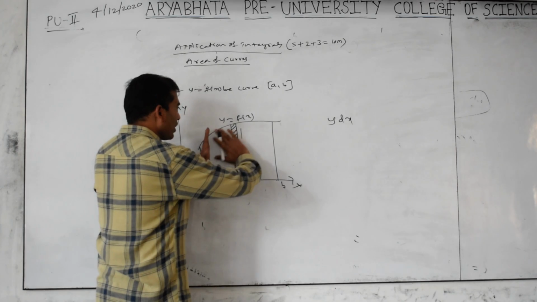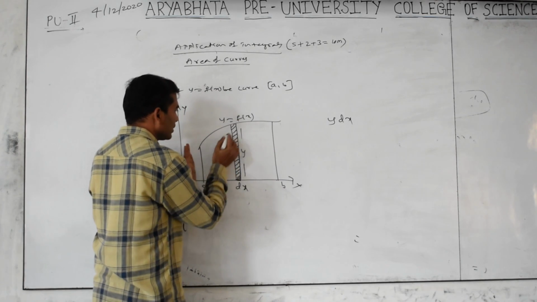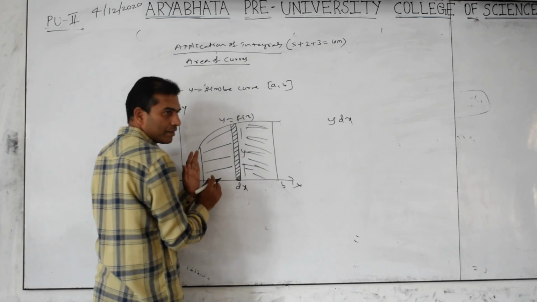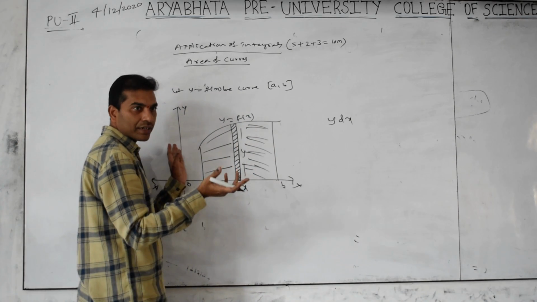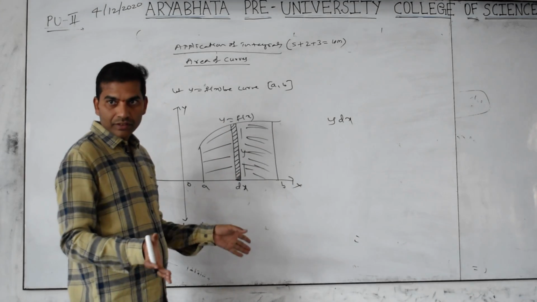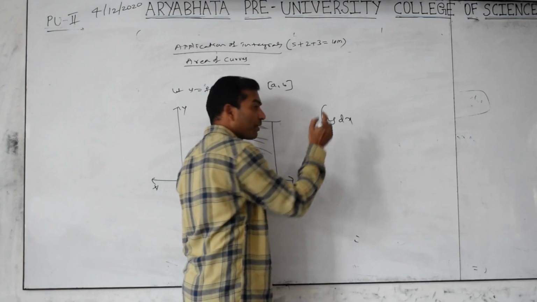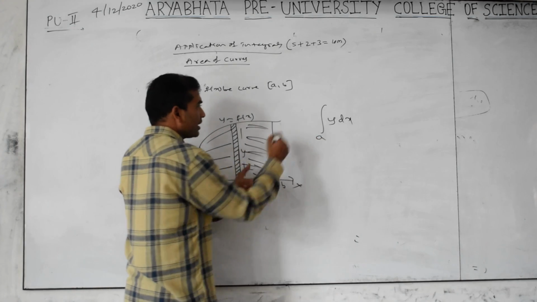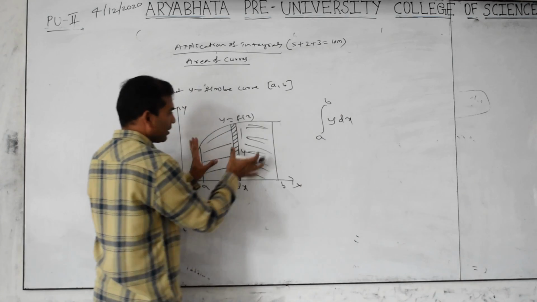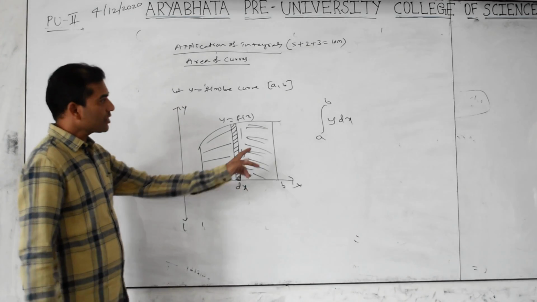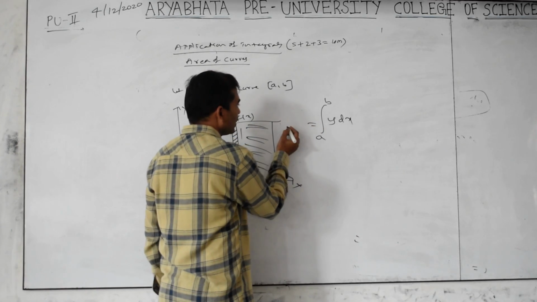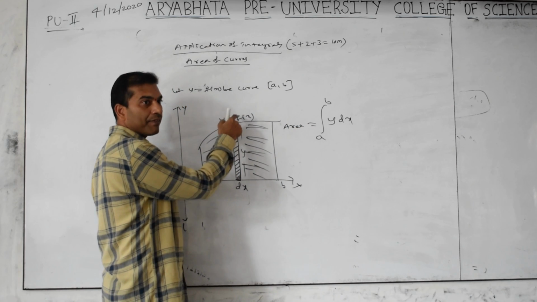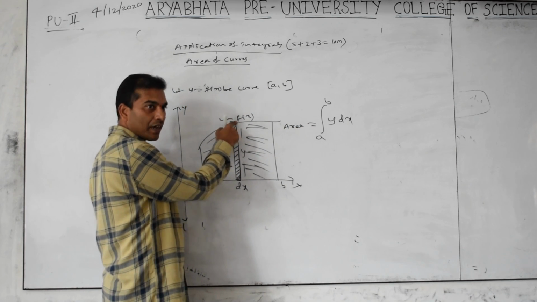Now I want the whole area. To get that area, we should apply integration. Integration means sum, the whole part. From where to where? A is the starting lower limit, b is the upper limit. Then we will get the whole area. So the integration from a to b of y dx equals the area bounded by